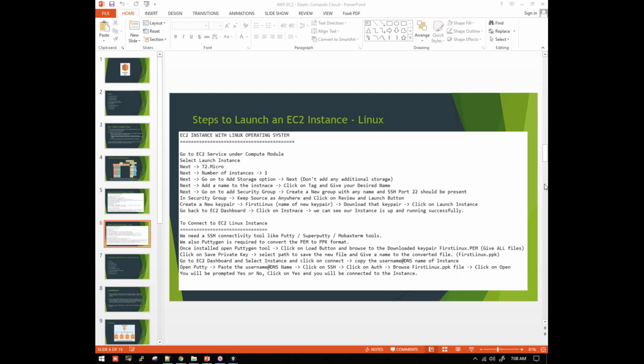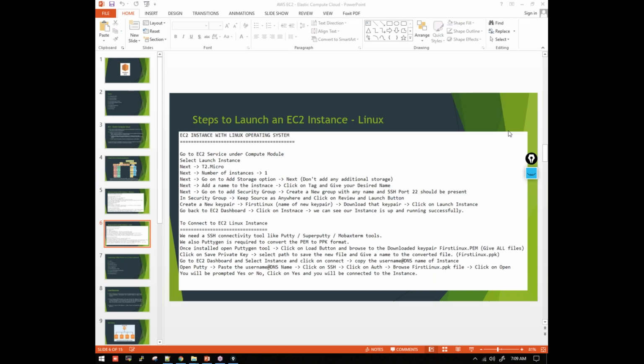Yesterday we saw how to launch a server in AWS with Windows operating system, and today, in the second class, we are launching our instance in EC2 with Linux operating system. So you didn't miss much. You can see the video of yesterday's class in the Google Drive. If you have any queries with respect to the course, you can ask by the end of the class.